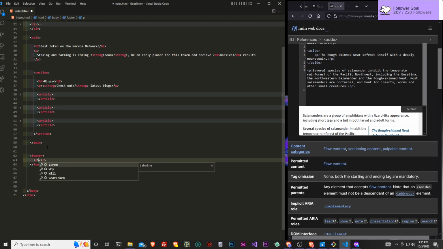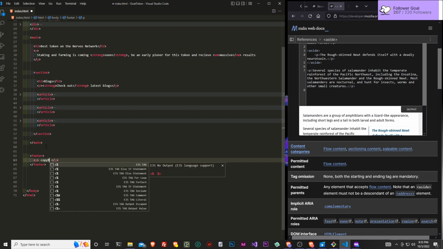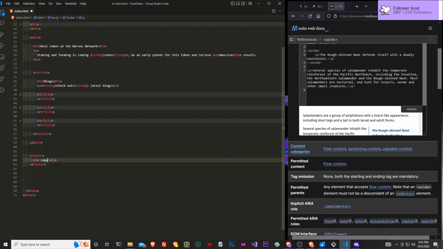And you guys know how there's a copyright symbol sometimes at the bottom of a web page. Usually you don't want to really do that. You want to just do the ampersand, copy, and then the semicolon. How do we do this? And copy, just like that.